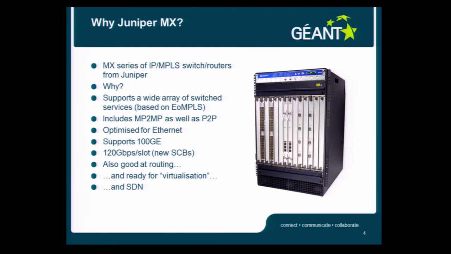Why Juniper MX? As I said, the previous architecture was based on the SDH, and this just gave us point-to-point services. This gives us even more: multi-point service, VPLS, and most importantly support of 100 gig. Obviously there were other commercial benefits as well, but these were the technical benefits that we saw and went with. It also supports routing, virtual routing. You can create virtual routers, logical systems, and of course SDN, OpenFlow. The new Junos version supports OpenFlow.